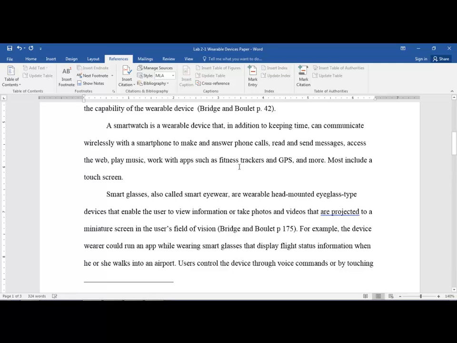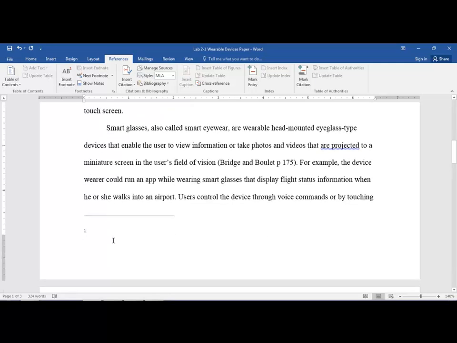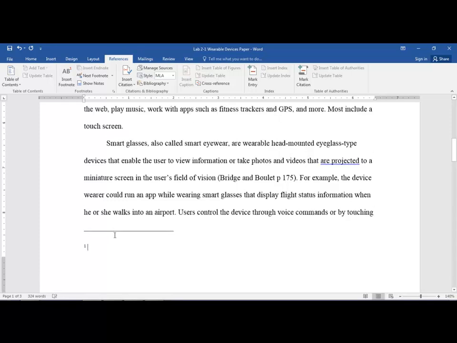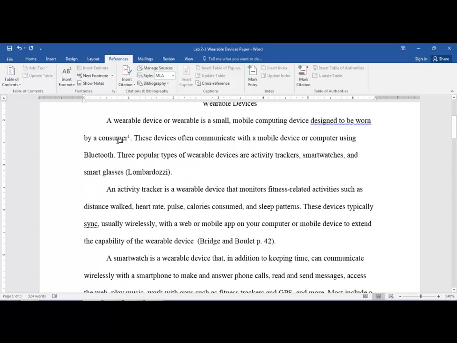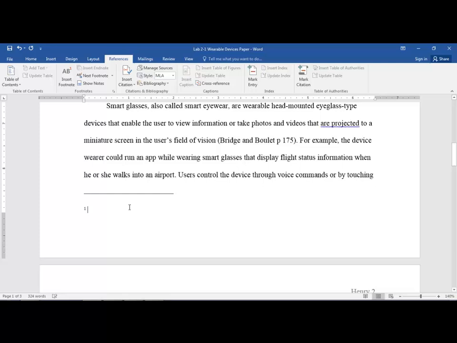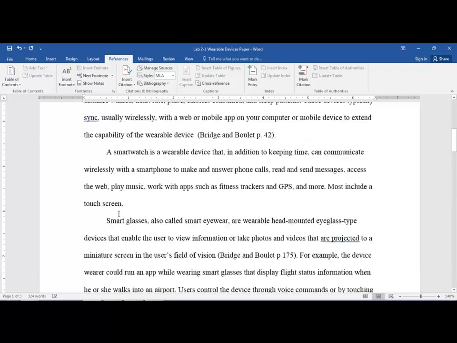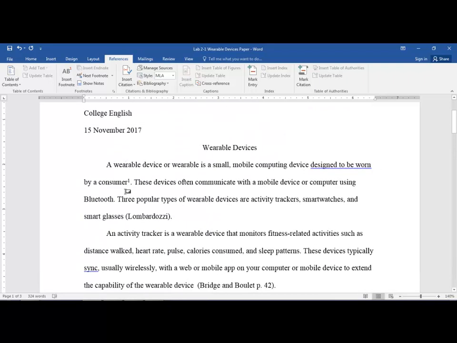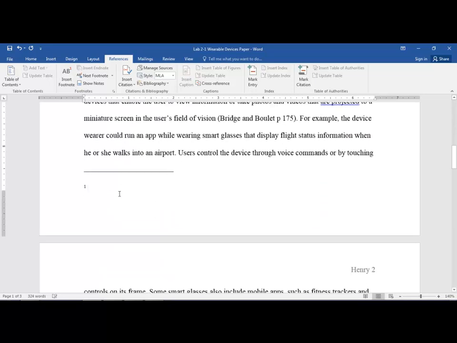Now you'll notice right away it brings me to the bottom of that page, and it puts a number 1 there. I'm going to scroll up before I do anything else, and you'll see right here at the end of the sentence where it says consumer, you can see the number 1, which marks where my footnote is. How a footnote works is you look at the bottom of the page for whatever extra information goes with that. In the old-fashioned way, we would cite a book or where that work came from. Maybe we are just trying to define what this particular thing means, and maybe what we'll define is what consumer is. So here we'll put